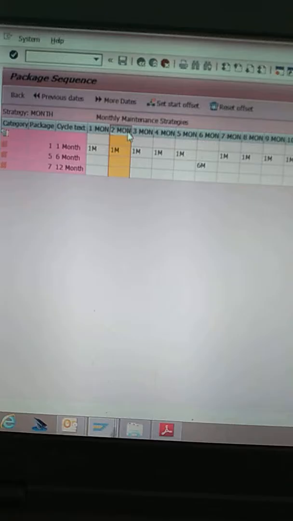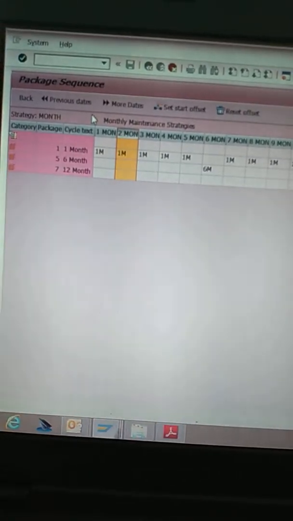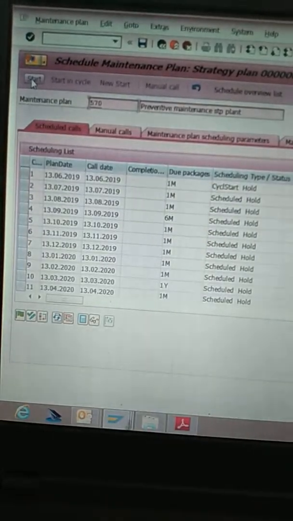So my April month, and this is the second month. Select here, set start offset. Now going back, you can also select these and set start offset. Now 2 months, this is the second one. Now going back and